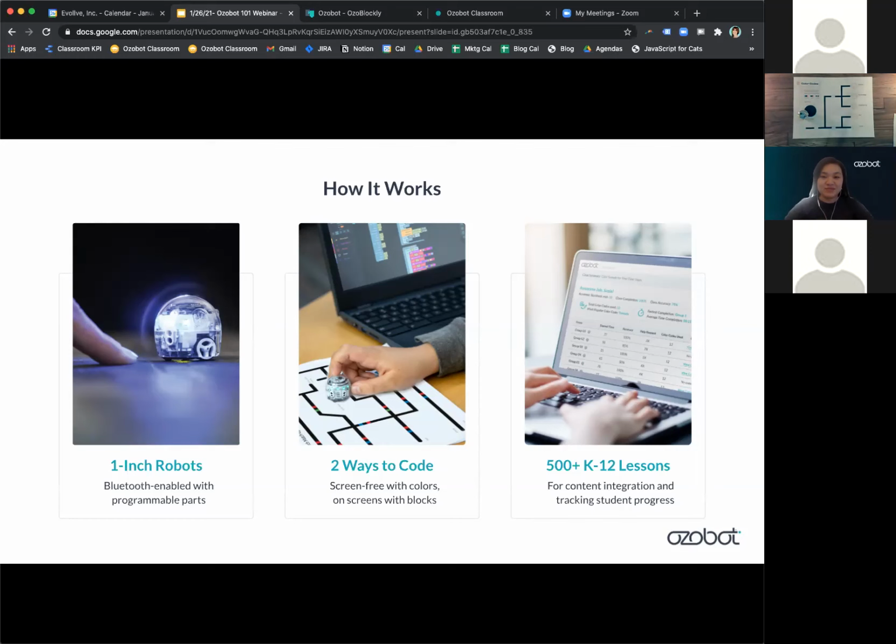So we're going to start with our patented color codes. And color codes allow students to start coding completely screen-free just by drawing lines and short sequences of color. So for this activity sheet, my lines are printed, but students can draw those lines themselves, just so you guys know. Color codes build creative confidence while at the same time teaching basic coding concepts like cause and effect and even debugging. So our goal for this activity today is to code Ozobot Evo from the start right here to one of these STEAM subjects.